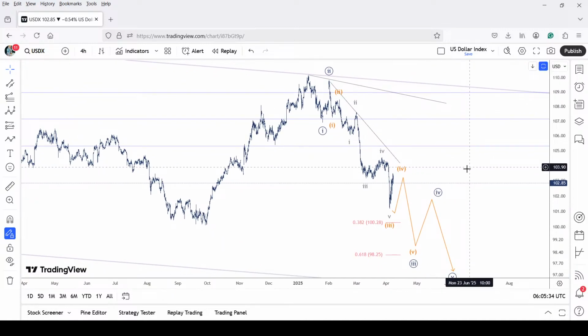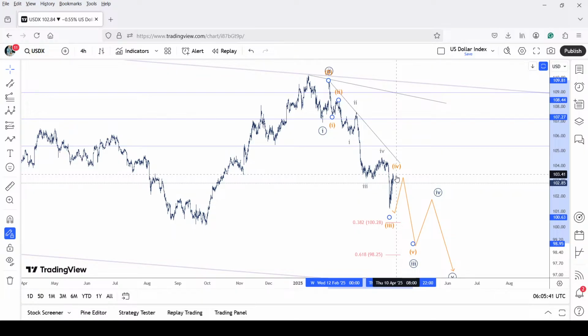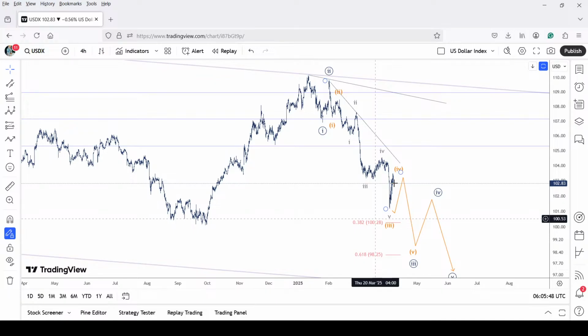So we readjusted minute wave for potential termination around 103.45, and if that is correctly done, the minute wave 2 was